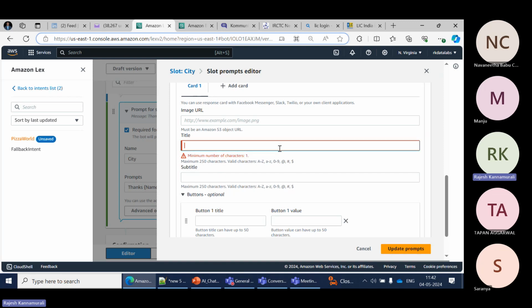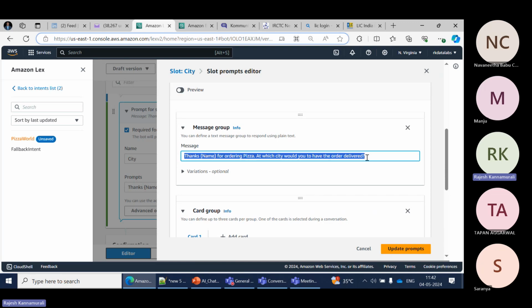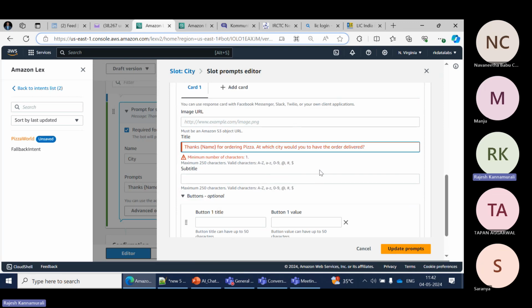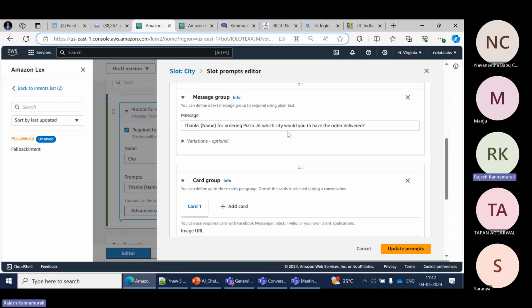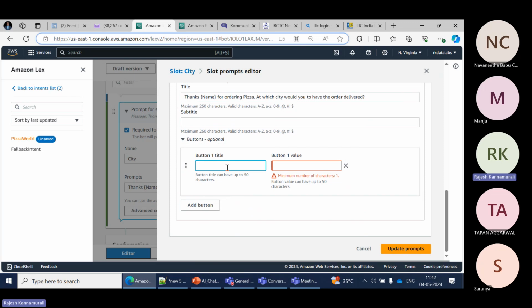Simple. So I'll simply put this copy. This is not mandatory, but the title needs to be mandatory. For simplification, I'm copying and pasting the message which we have defined in the title as well. Now, our intention is to make the value in the form